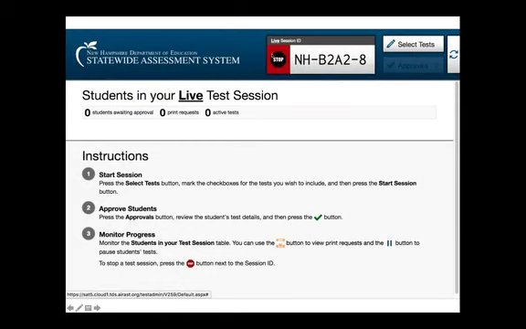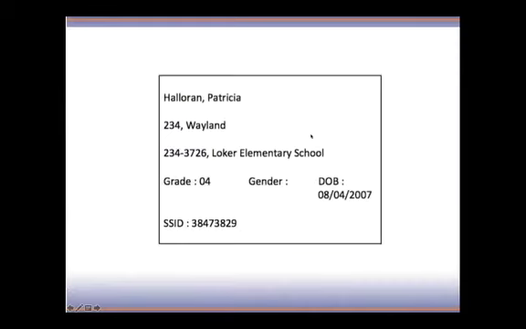And remember, if you've done this before, we've got the session ID. Students need to know what the session ID is so they can enter it into their computer when they're logging on. There's also a step in there that I don't have slides for, that you have to approve the students. Once a student gets partially logged on, you have to approve them. The screen will show you that, and they'll walk you right through that. But if you have questions, you can call me and I can show you.